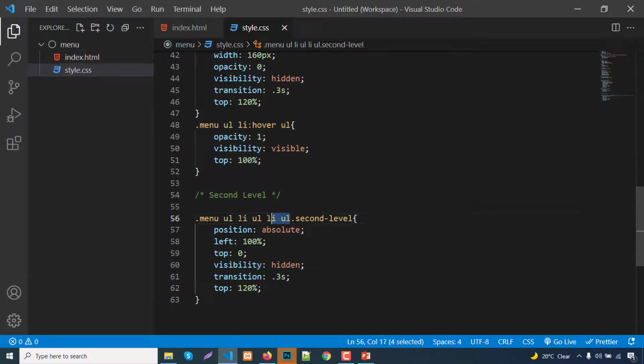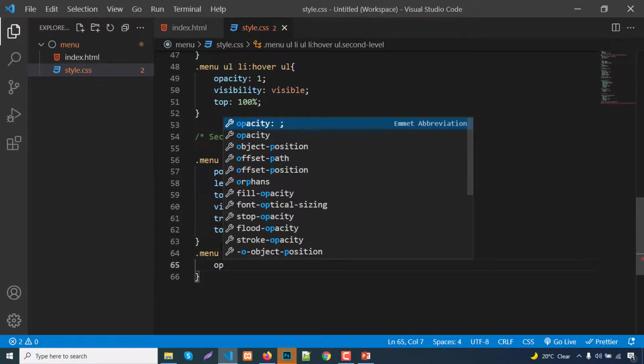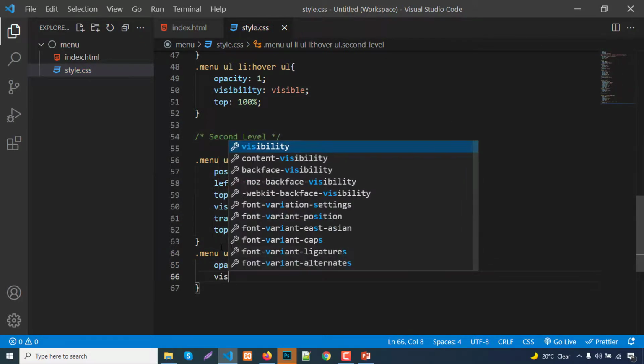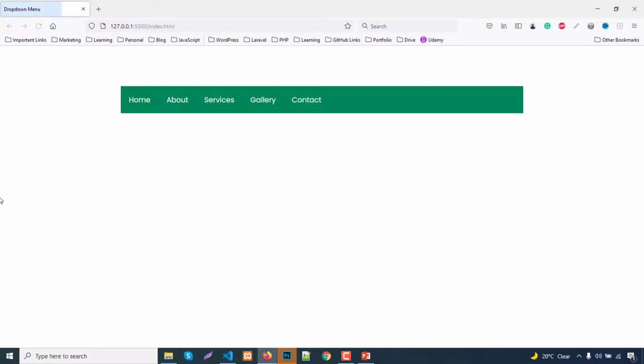So copy those lines. Okay, copy the full line, no problem. Just paste here. So when the user hovers li hover second level, opacity 1, visibility visible. Okay, fine. Refresh.